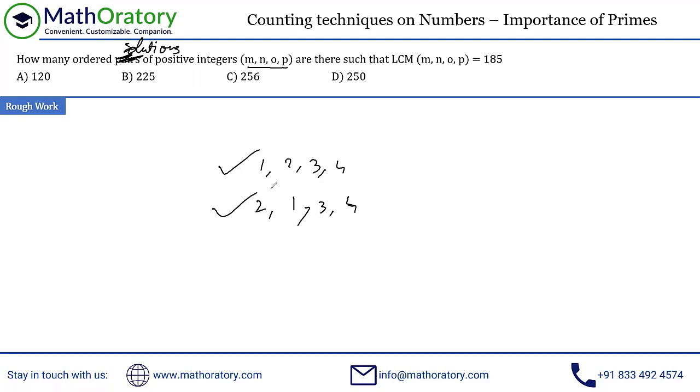If we're looking for unordered solutions, then 1, 2, 3, 4 and 2, 1, 3, 4 are the same solution. So the order doesn't matter, something like that. In ordered solutions, the order matters. Unordered, the order doesn't matter. So enough with the terminology. Let me get into the question. Let me clear this up. Okay, so I've made that correction also.